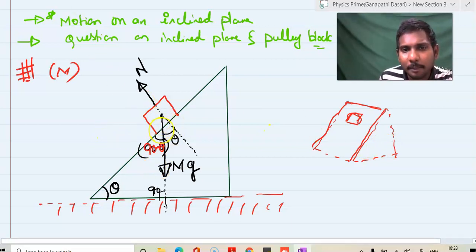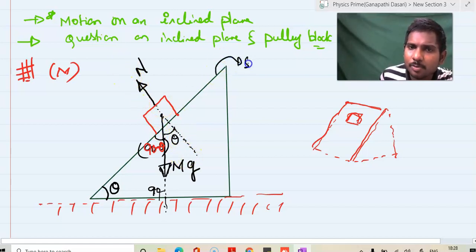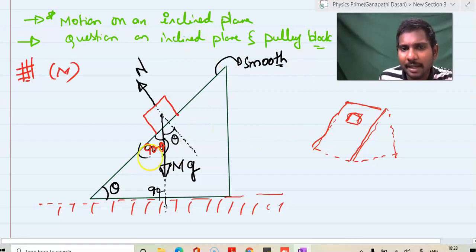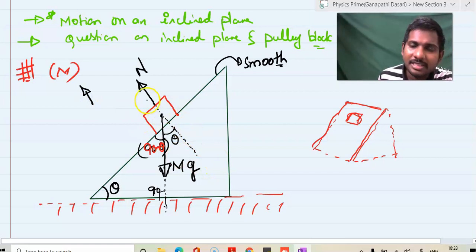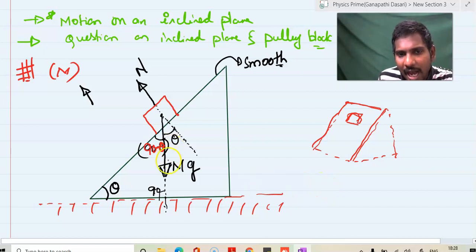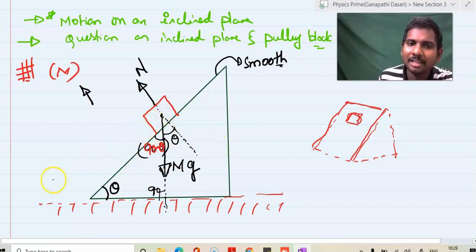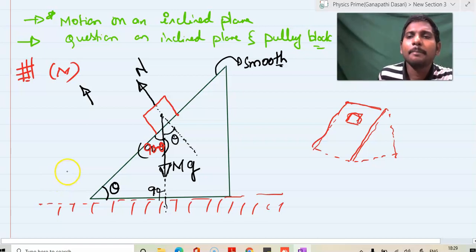Along the surface, perpendicular to the surface, there will not be any motion of this block. Here I am considering this surface to be smooth. With friction, we will have friction also acting on the block. As of now, we will consider only a smooth surface. So there will not be any motion perpendicular to the inclined plane. That means the net force in the perpendicular direction to the inclined plane should be 0. That means I will resolve this mg force in two components, perpendicular to the inclined plane and parallel to the inclined plane, to make my problem much easier.